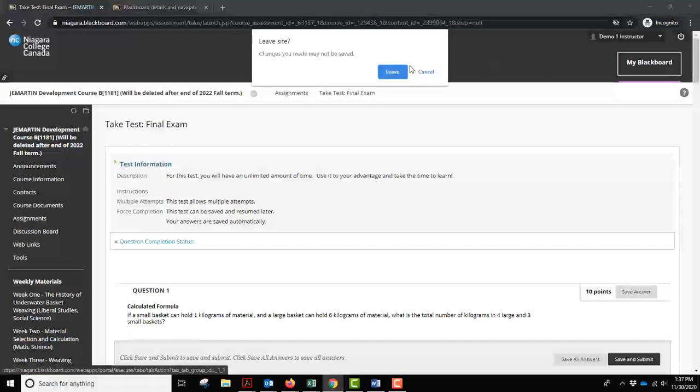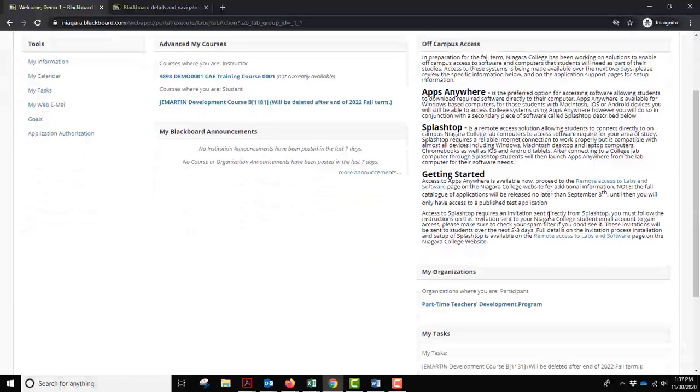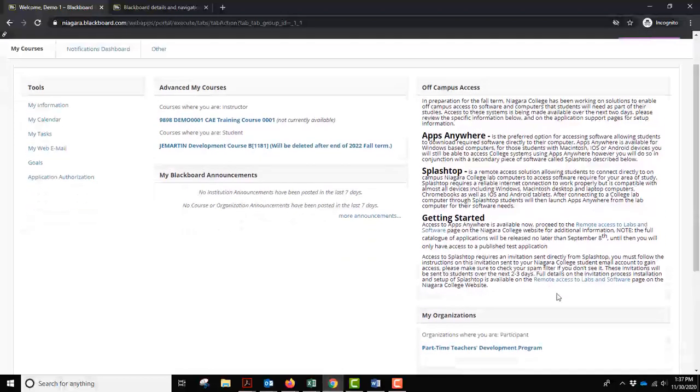So to wrap this up, and just as an overview, the three things that are really important to pay attention to for part-time teachers are, first of all, my organizations, which are over here on the right. And that part-time teachers development program organization is going to give you access to all of the information that you need to complete a range of different tasks. Some of those tasks will need to be completed in Blackboard. So that's what you're going to use this demo course for,